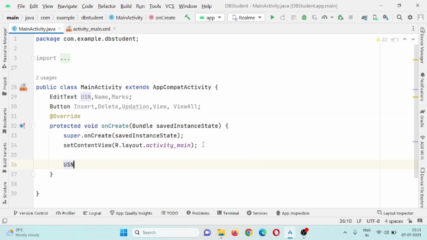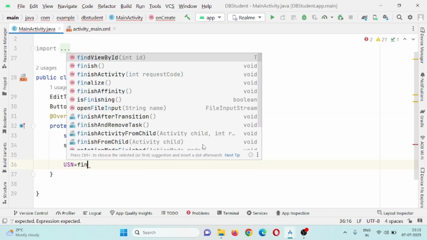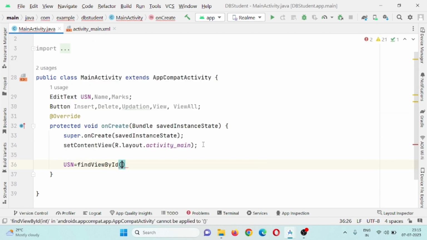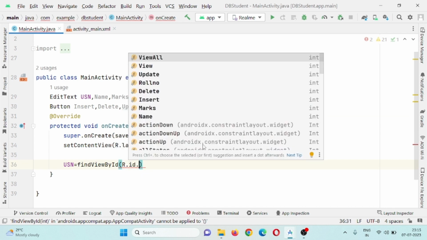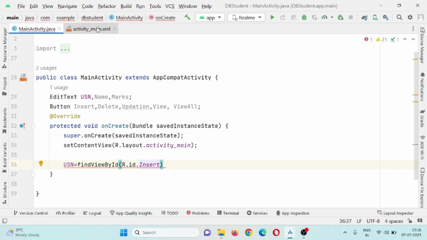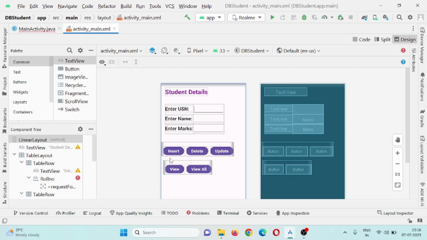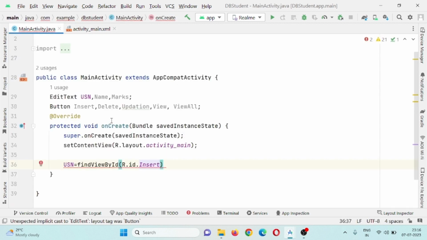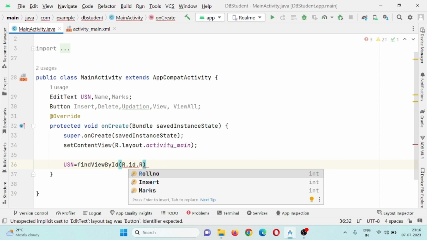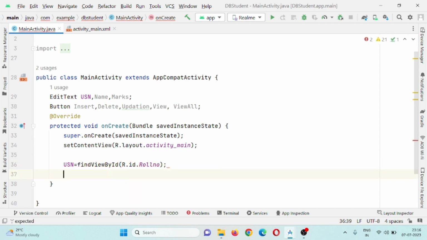USN. findViewById R.id. I have used the same IDs. Let me cross check the IDs. For USN I have used roll number. Roll number, name,